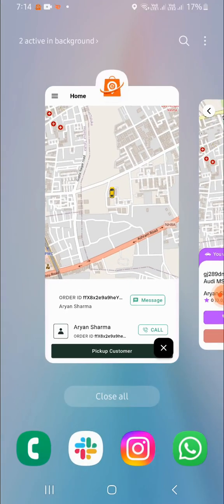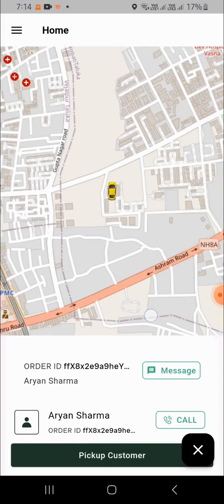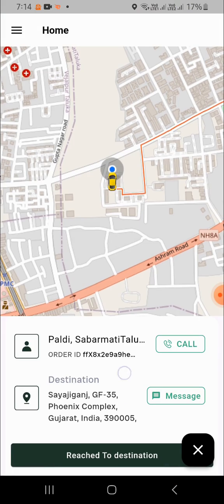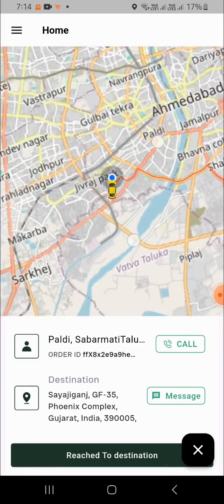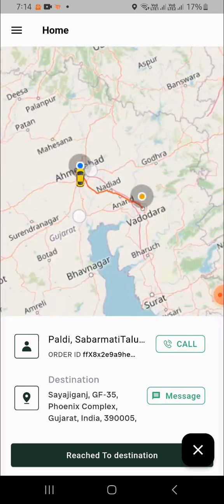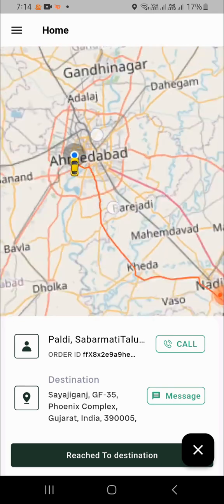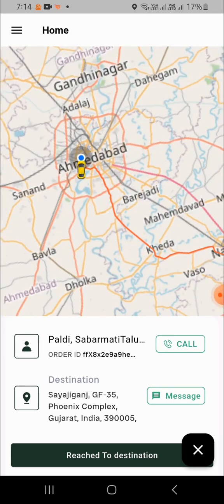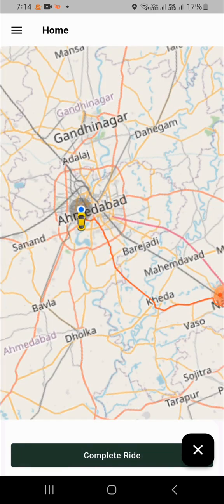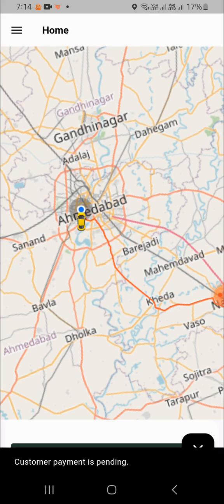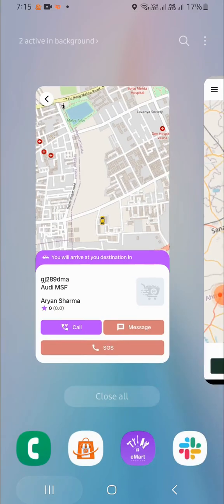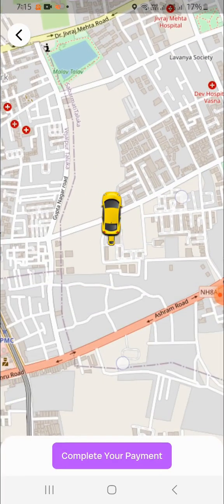Let's open the driver app and complete this ride. Click on the pick up customer button. Click on reach to destination and click on complete ride, but the payment is pending, so let's complete the payment.